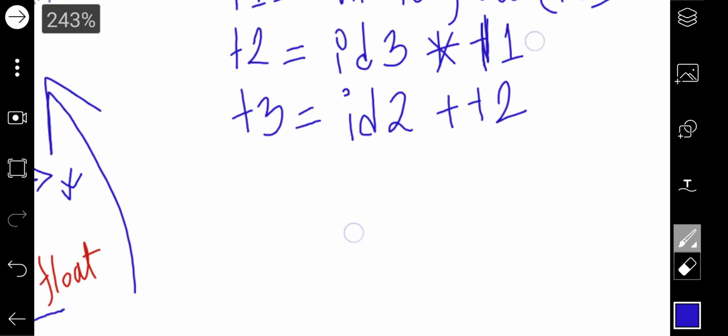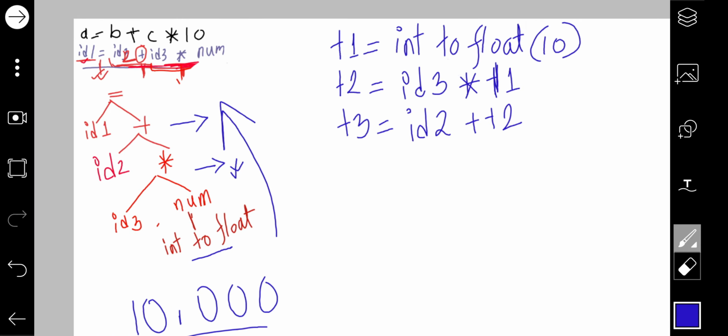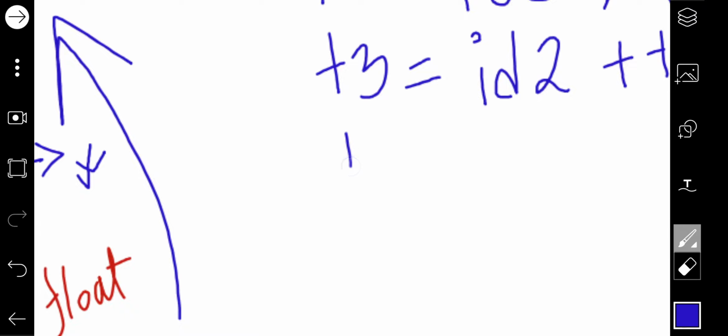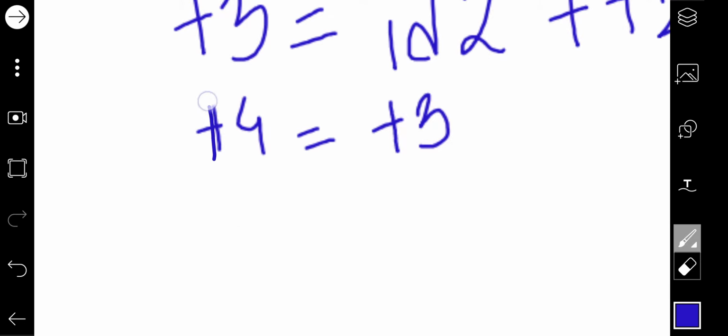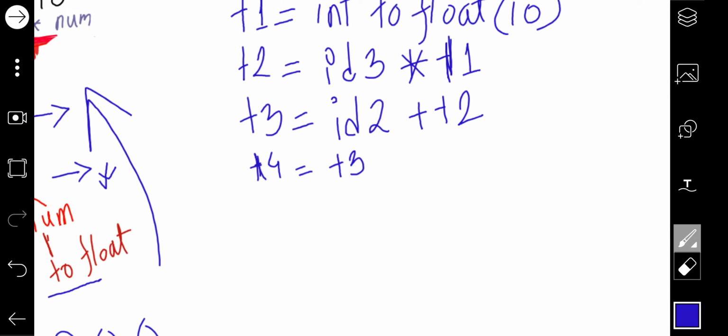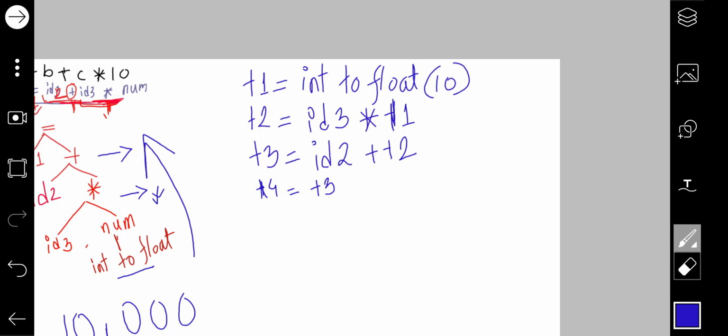Now we'll assign the value to ID1, so we'll declare another variable, T4, equal to the value of T3. The value of T3 will be given to T4. So this is the intermediate code. It always takes temporary variables, and it gives the step-by-step operations from the tree you formed earlier.